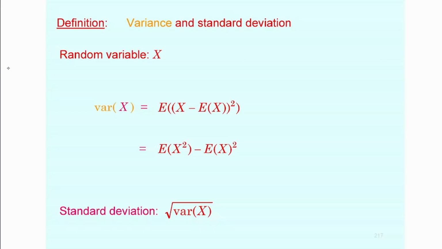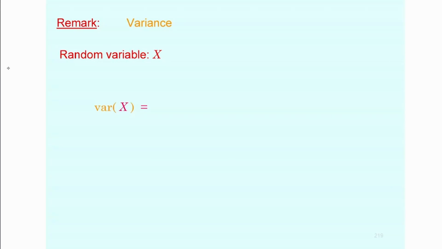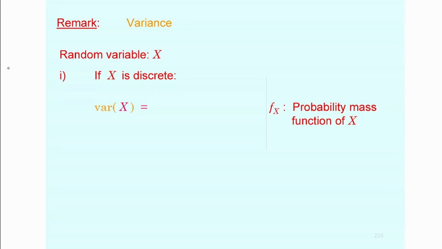Again, I wanted to have that considered because, as I said before, you need to know what it is, at least from the practical perspective and not from the theoretical one. So that's not a theoretical definition, by the way. But we're going to look at some properties. For example, if X is discrete, how would you calculate the variance? The variance is going to be, as I said before, the mean of the squares minus the square of the mean. So it's just focusing on that.